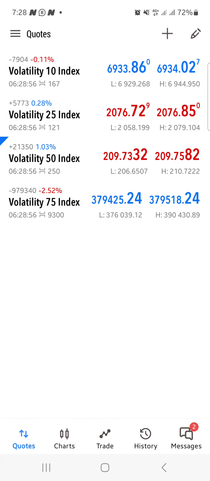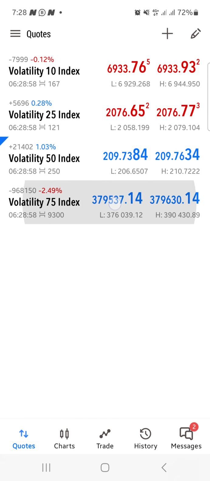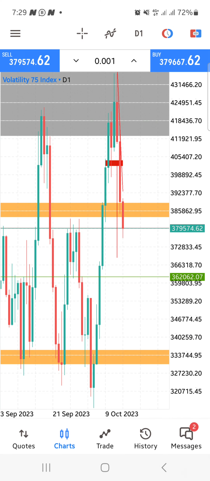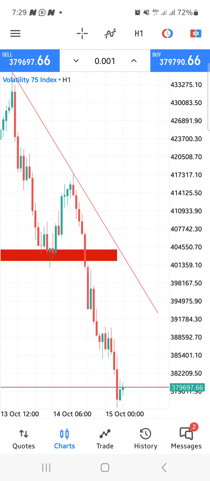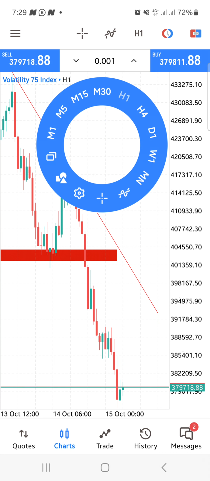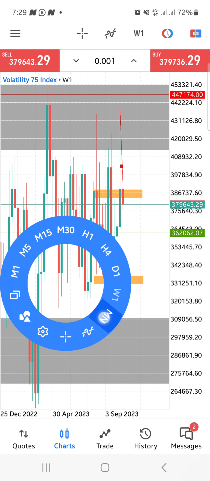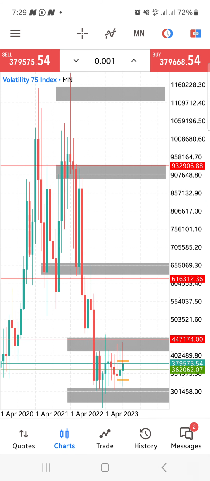Then guys, V75 index. Yesterday, I was able to milk this market. My bias showed that although this is a bullish trend, yeah, this is a bullish trend. As you can see,